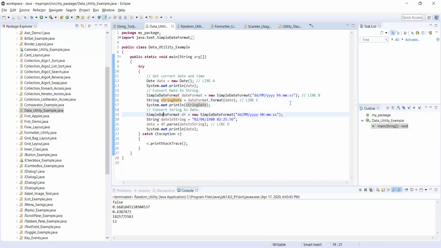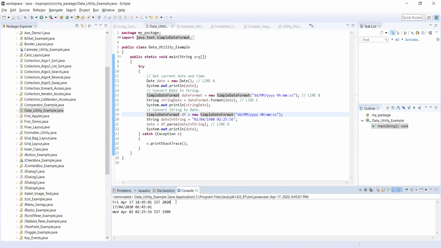And next, similarly another kind of format, so we have taken two kinds of date formats here. I am making use of these particular conventions, and I want to print this in a different style, with hours, minutes, and seconds. Let us run this. Now in the first case, the current date has been printed.